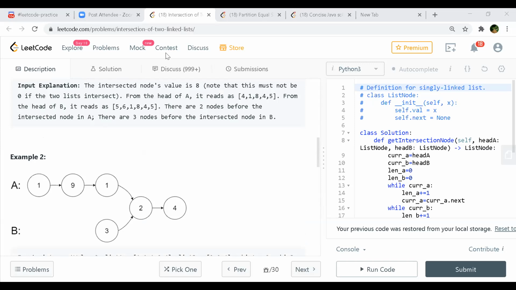I think one approach would be to use a hash set which stores all the addresses or memory objects, and then go on to the other list and see at what point we have a node which is in the hash set. Not node value, but address. We are hashing the node, so every node will be unique.